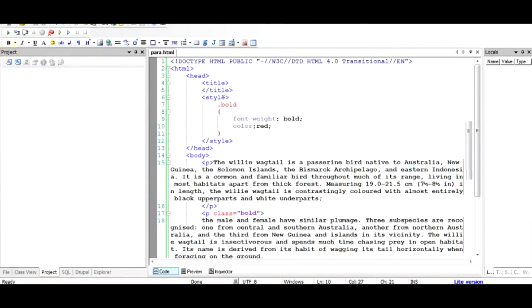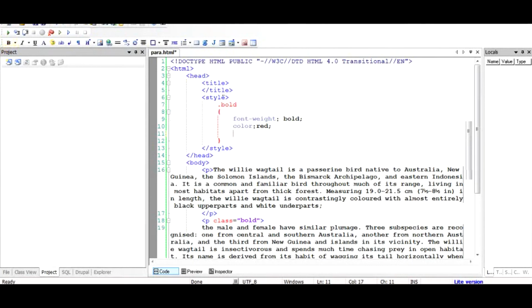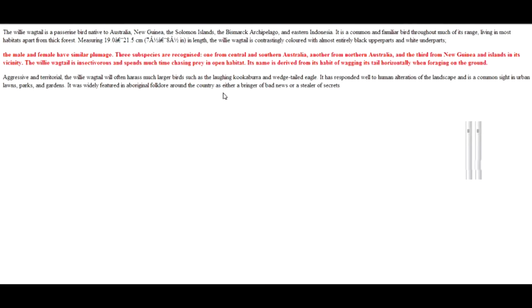What if we want to push this paragraph a little bit inside so that it appears different from the other paragraphs? To do that, we use a padding or a margin-left. We give it 20 pixels, so we leave out 20 pixels of width on the left-hand side. We run this file again, and as you can see, this is slightly shifted now.